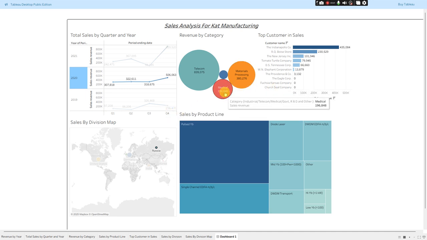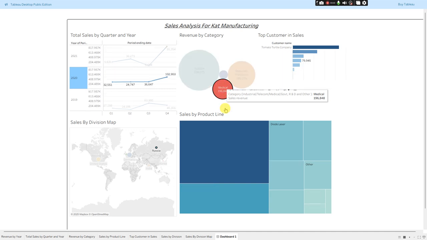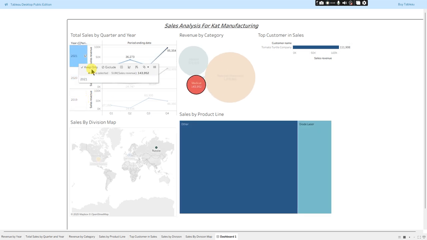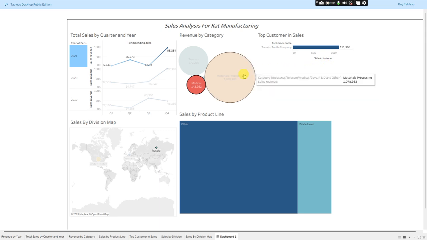We go to the revenue by category section, click medical, and then go to 2021, which is up here. We can now differentiate by the medical field in 2021 and see that the total sales revenue for the medical category in 2021 amounts to